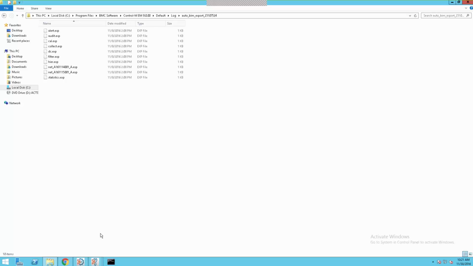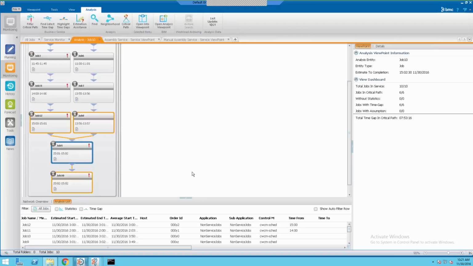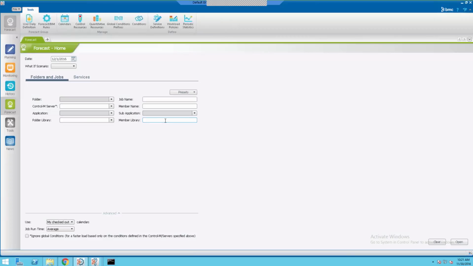Okay, moving on to forecast. What I wanted to show you here, I'll go back to the GUI and I'll click on the forecast domain. And one of the nice features, quick little things, is just if you haven't seen these presets, these are kind of nice. So if you've got a forecast that you do fairly often, you can set up the different filters and go into presets and then save it and load it. So I've got one here that I've saved off before because I'm going to run this fairly often. And then I'll click open to look at this